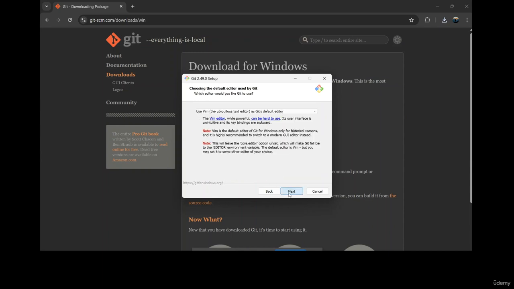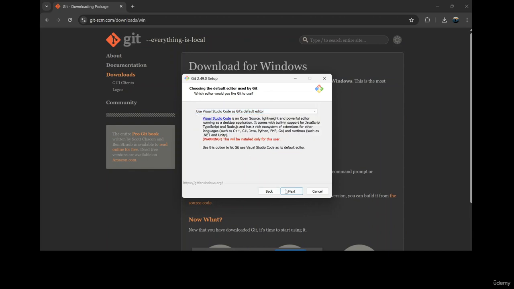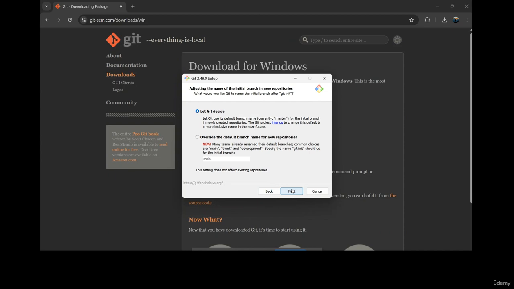I go to the next, and here is one key thing. Depending upon what is your favorite editor, you have to choose it. Right now it is using Vim. So if you are not coming from a Linux background, Vim could be a little bit challenging for you. In that case, you can choose either Notepad++ or Visual Studio Code. I usually prefer Visual Studio Code or Notepad++, but you can use Sublime or any other. But for the sake of simplicity, I will use Visual Studio Code as the default. Next one, it says